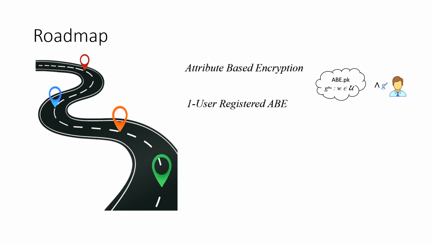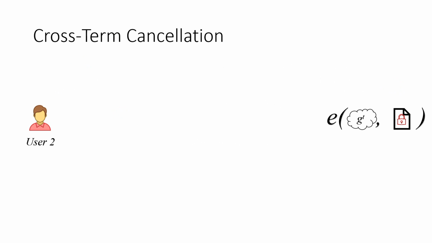So once we have this one-user registered ABE scheme, how do we move to multiple users, right? Well, the very simple thing to do is to make many copies of your one-user scheme and just multiply everything together. This keeps your key curator a deterministic process, and it makes everything compact. But of course, it's not quite that simple because you run into